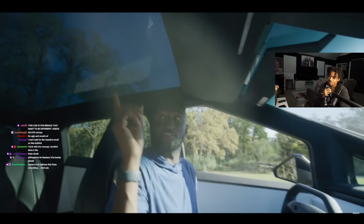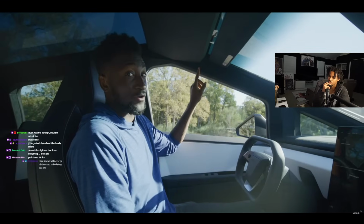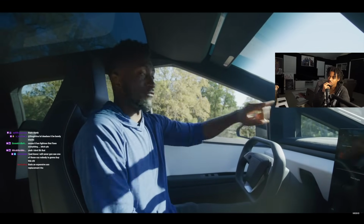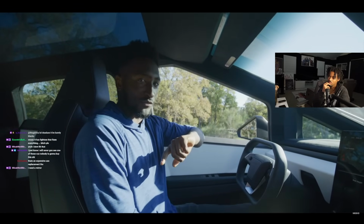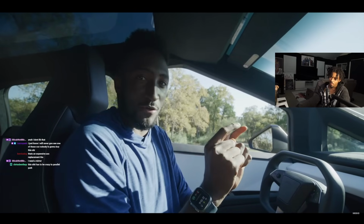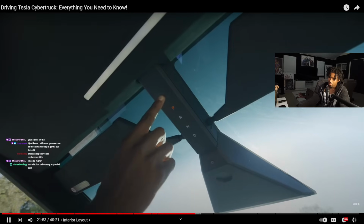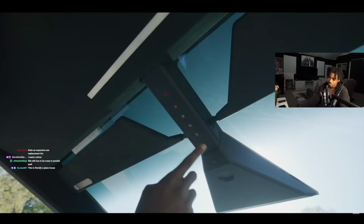And one more thing, what was I going to say? Oh yeah, huge tinted roof over your head, all the way back over the passengers' heads, and a ton of speakers. Not a single curve to any of the speaker grills, but there are speaker grills all over this cabin, and they're all either trapezoids or squares. Okay, something I just realized. I thought that the only actual physical button you need in your car is the hazards button. This truck does not have a hazards button. It has a touch-sensitive hazards thing, but then there's also your park, reverse, neutral, and...